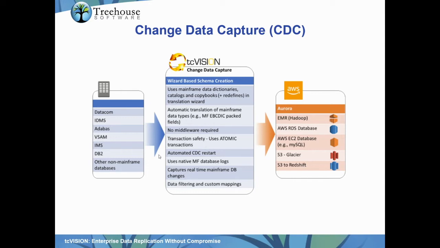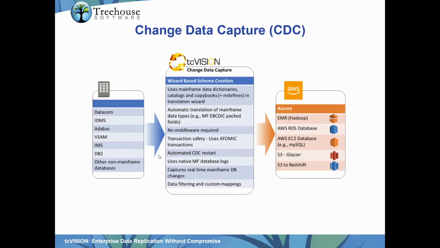It's not critical for replication. And if you have a transaction that's going across multiple objects, across multiple database files, or across multiple DB2 tables, tcVISION will generate SQL that's going to go across the same types of table structures on the target side. Or if you have a batch application that's updating 50,000 rows at a clip, well, tcVISION will do the same thing,